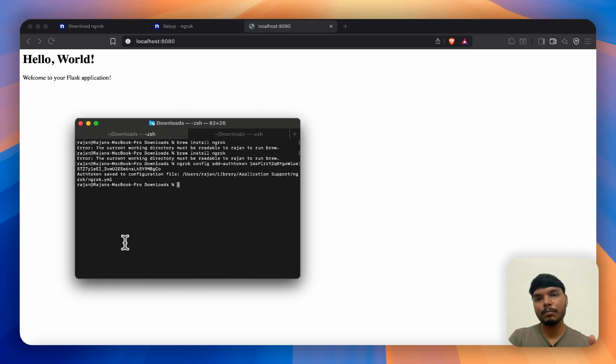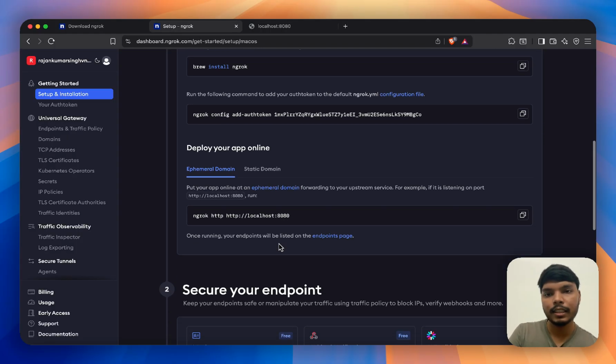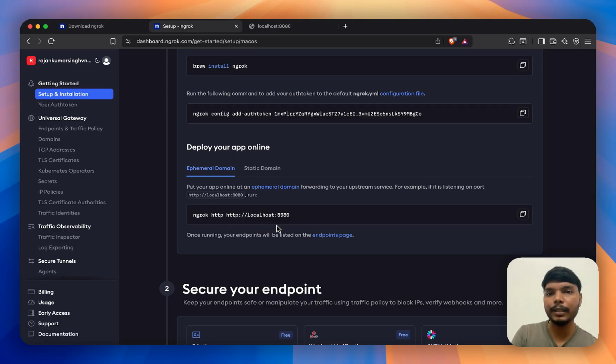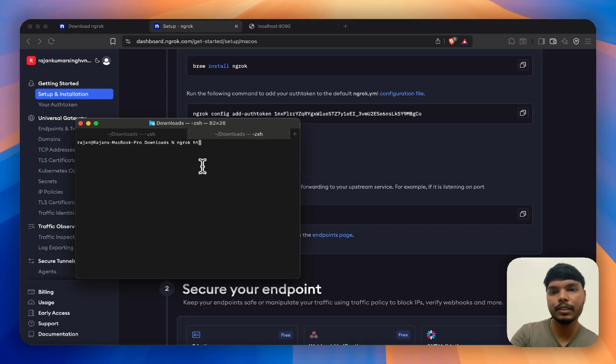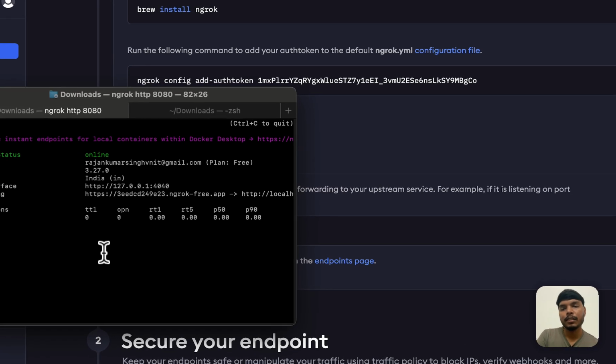Now, to tunnel all the requests coming from the internet to your localhost or your local machine, there is a simple command. I think they also mention it here as well. You can use ngrok http and then the port and the host you want it to tunnel. You can also specify just the port number, it will assume it's on the localhost. So I'll do http 8080. So it has started